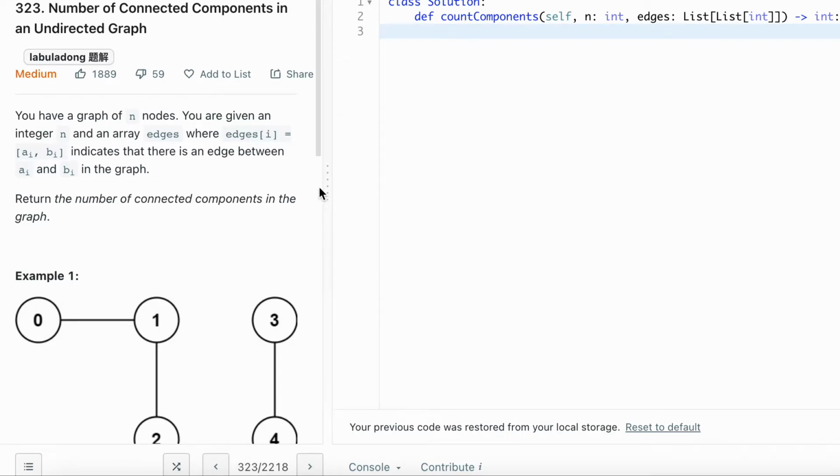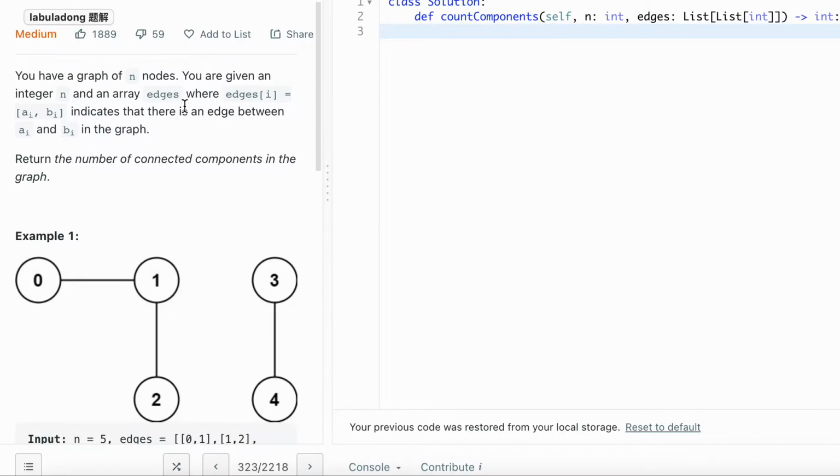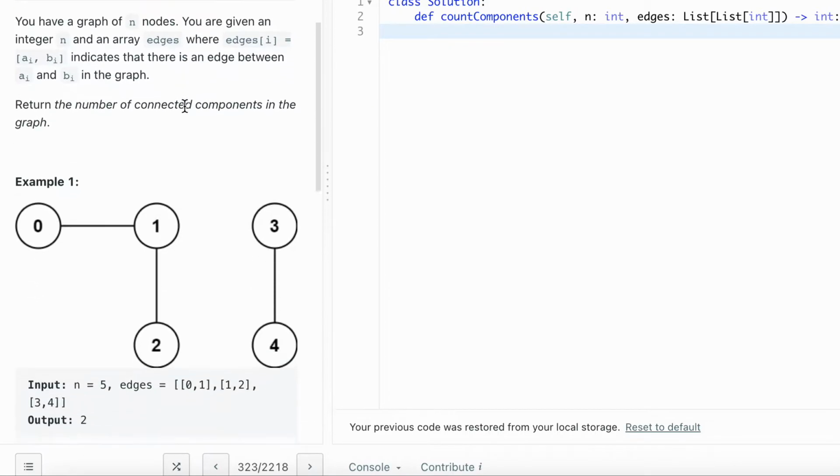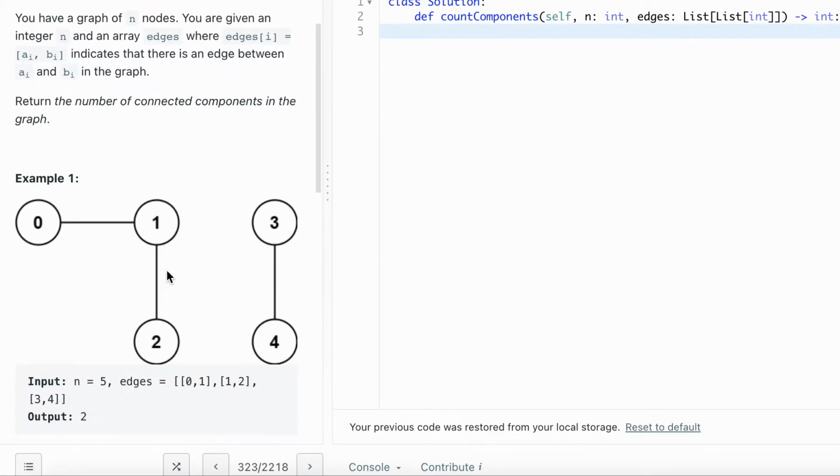Question: number of connected components in an undirected graph. This is a medium LeetCode question, and basically you have a graph of n nodes and you are given an integer n and an array edges where edges[i] equals basically this. Looking at the example here, this is the edges, and edges[i] equals [ai, bi],